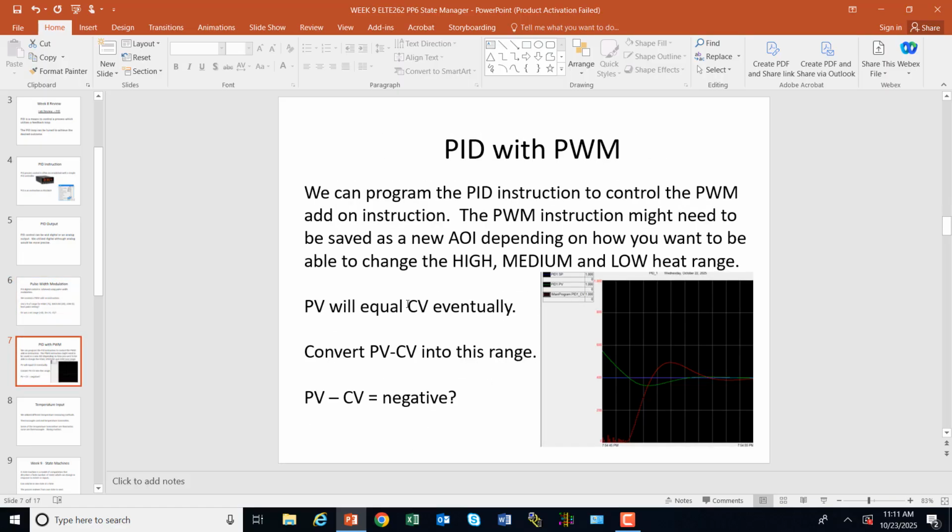And so that might be a way to utilize your PID and your pulse width modulation add-on instruction together to accomplish high, medium, and low heating range, all right? And the response is not going to be as nice as that trend that we did, that simulation. It takes a while to heat up, and you looked at the trend, you understand how the numbers work,